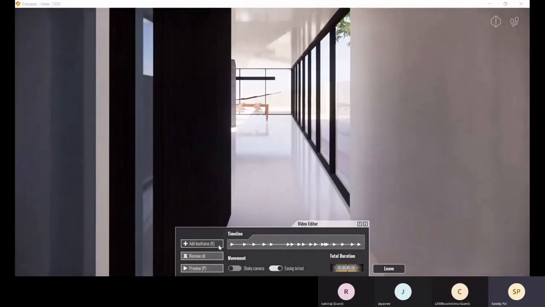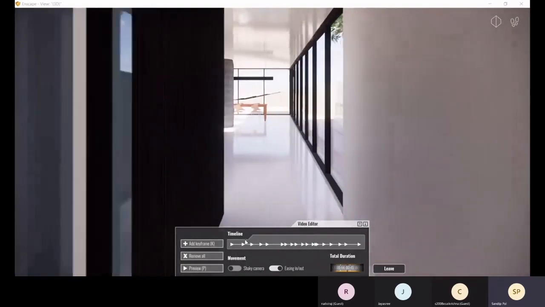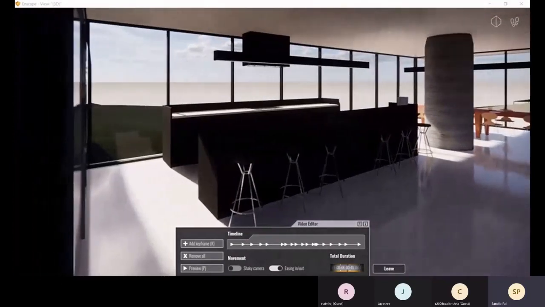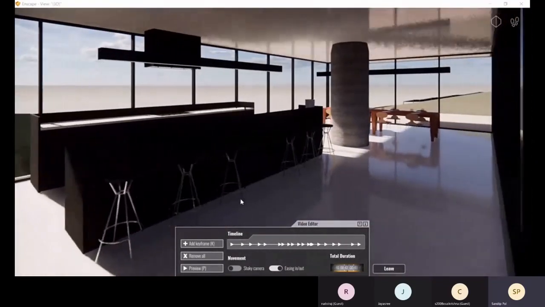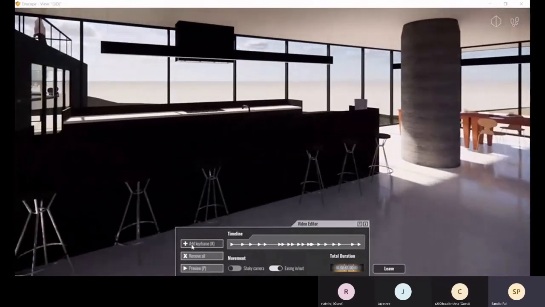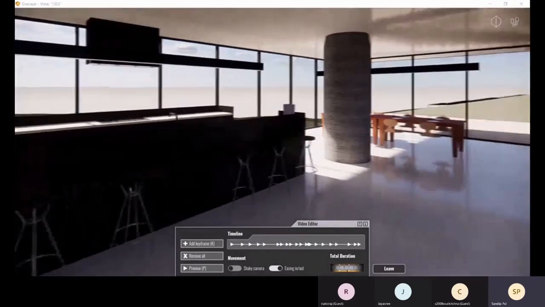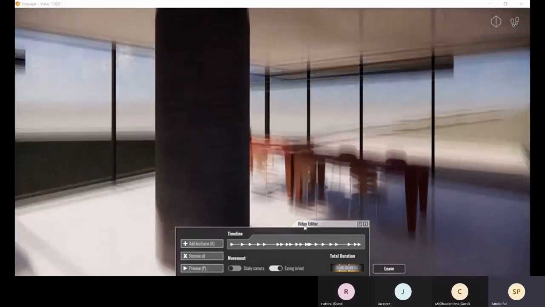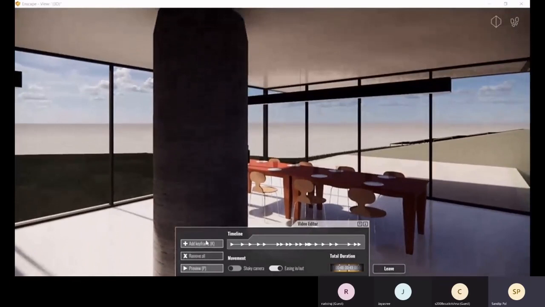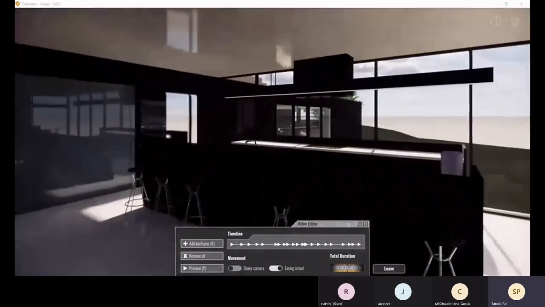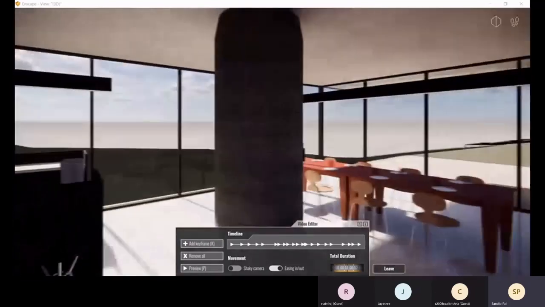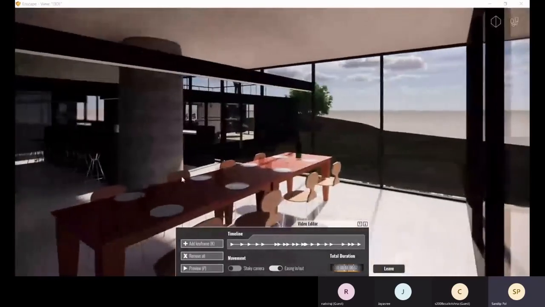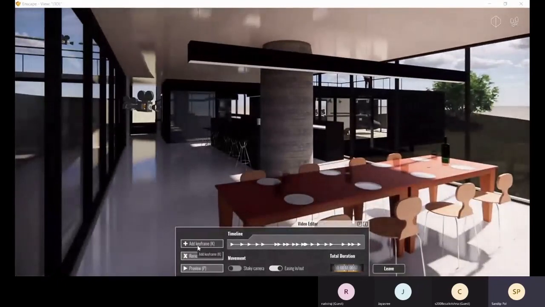Now you want to add another keyframe here, move it around with your left key, add another keyframe here, to add another keyframe, add another keyframe, you can add another keyframe, and if you want to finish it here, like at this position, you can finish by adding the last keyframe.